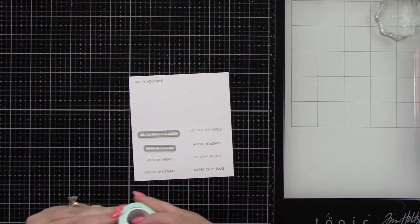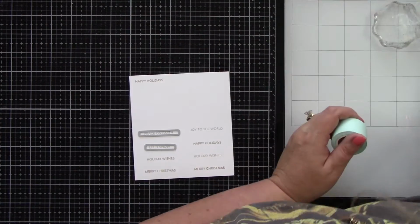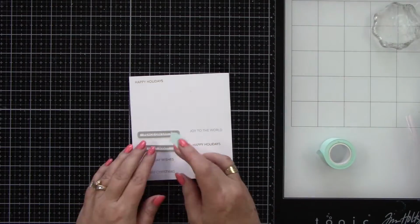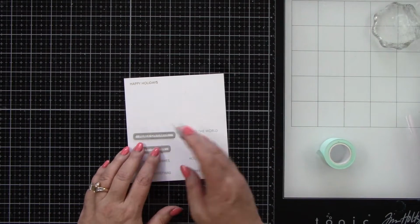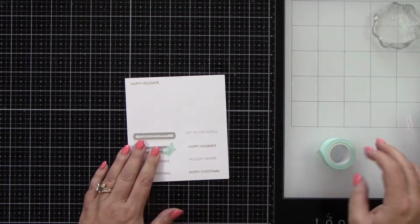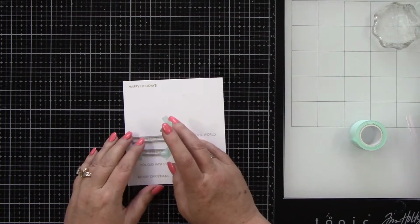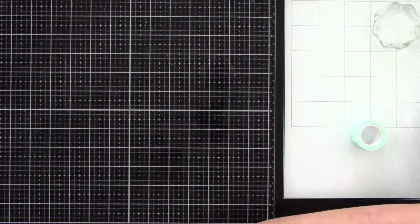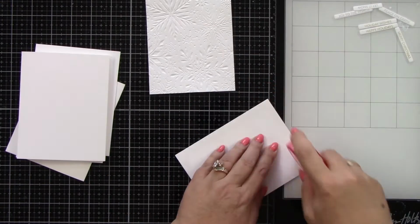So I'm going to die cut these. I'm going to tape them in place with low tack tape, run that through my die cut machine, and then we have all of our sentiments die cut out. Sorry about my head. And I'll just use that large one to die cut out the other 4 sentiments. Now let's adhere these